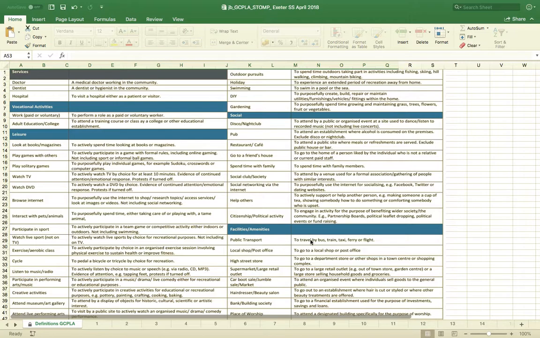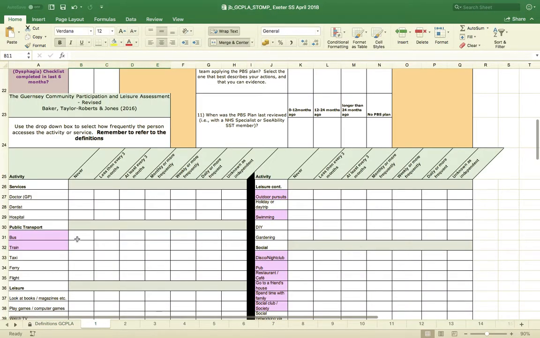Here we go, public transport, to travel by bus, train, taxi, ferry or flight. So if we assume that the person goes on the bus once a year when they go on holiday, then they will be going less than every 3 months. So we can type in the number 1,